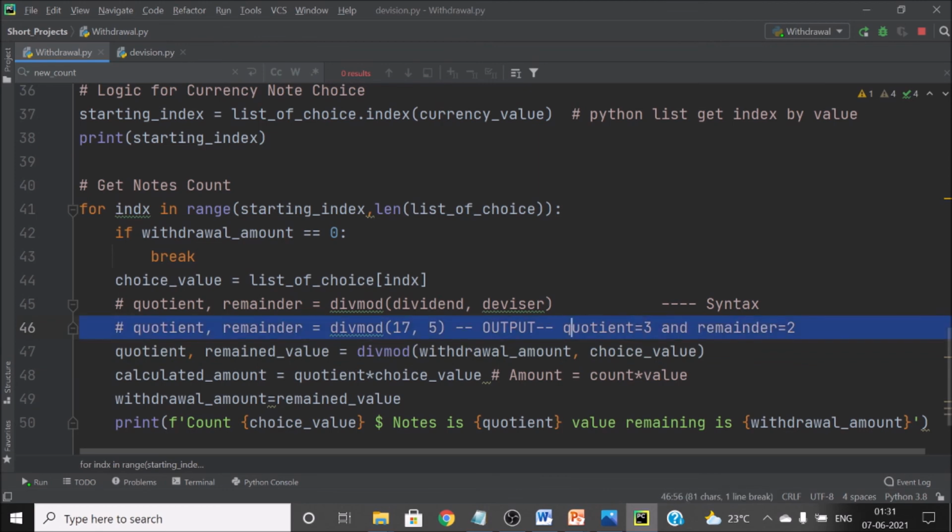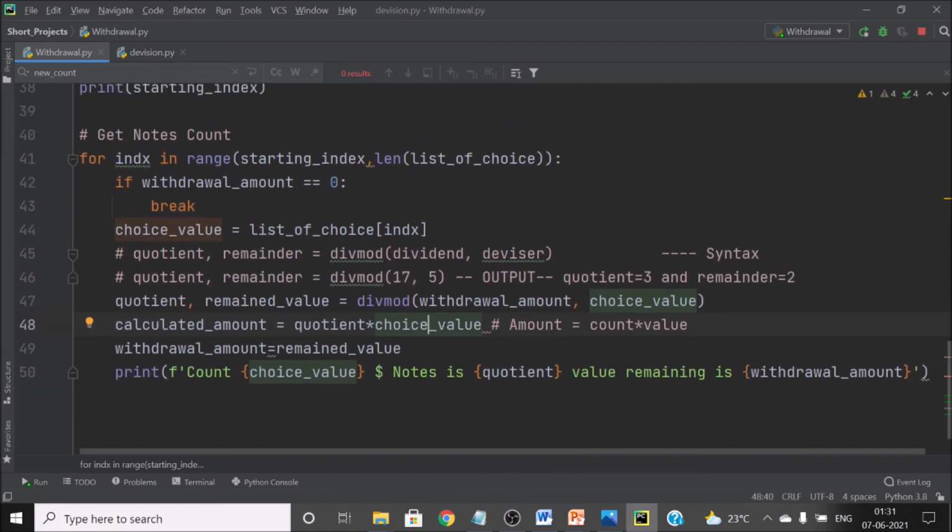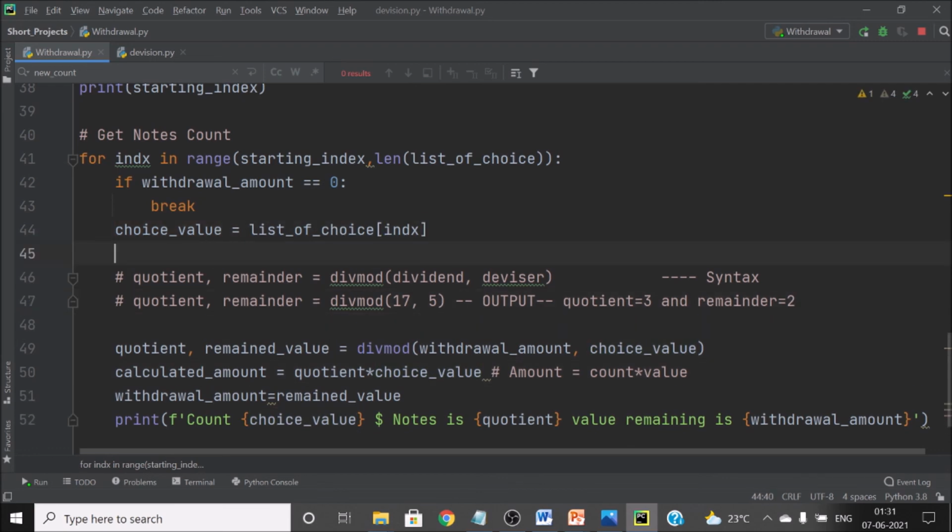Then I have put some code lines for your reference, and then you can have this final code. This is basically the critical part to understand. If you have good clarity on this, it will be good for you.